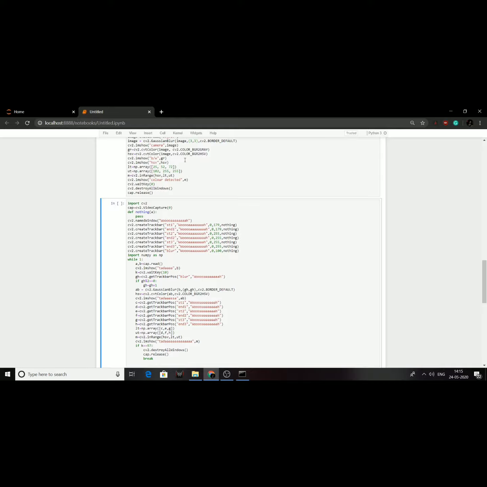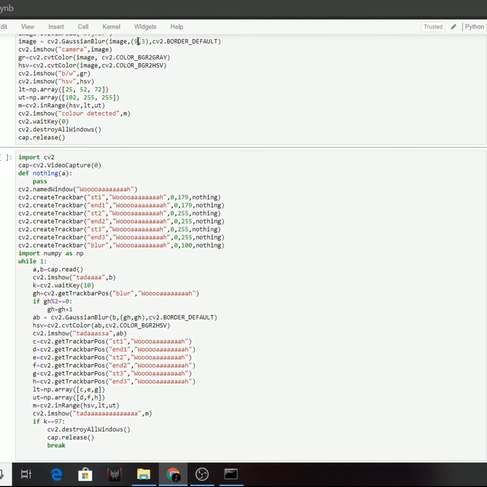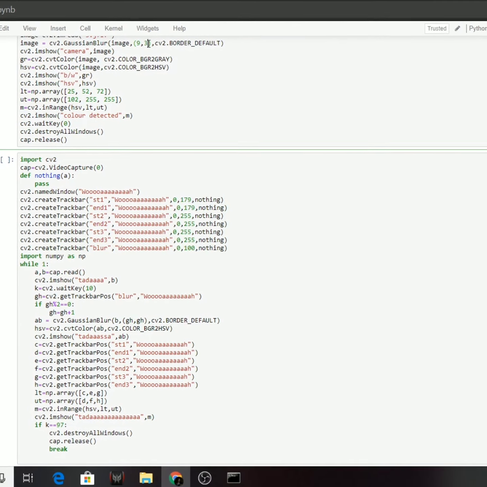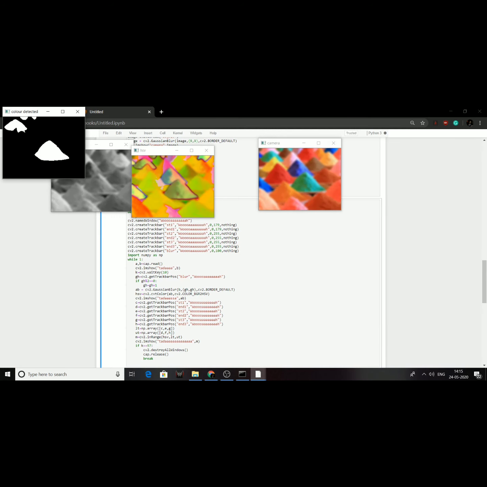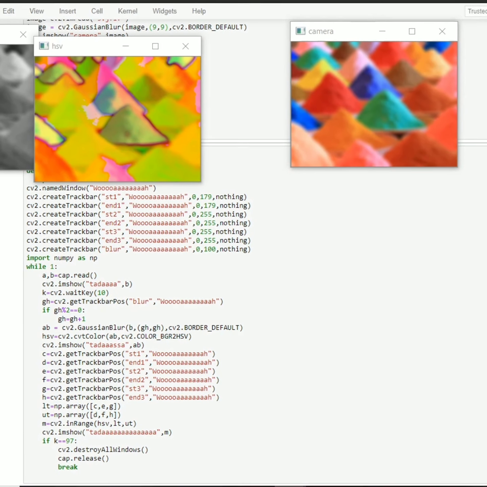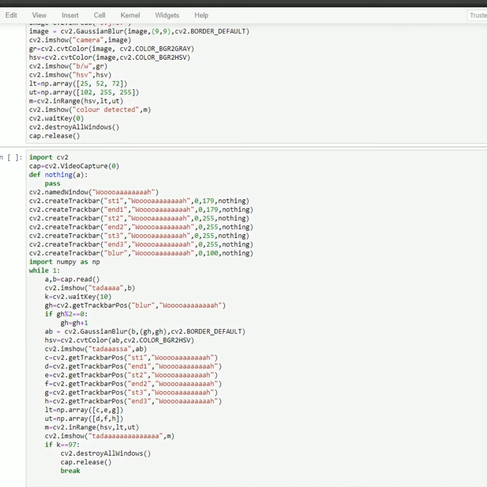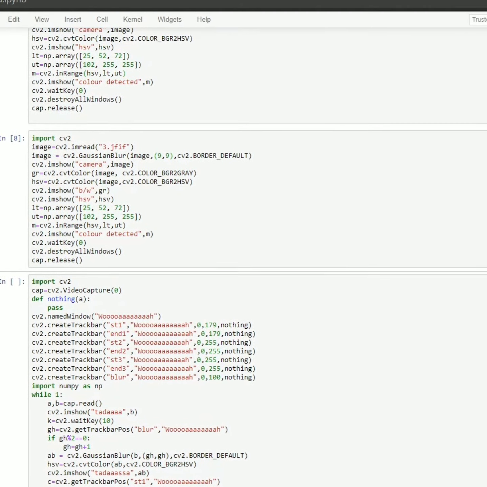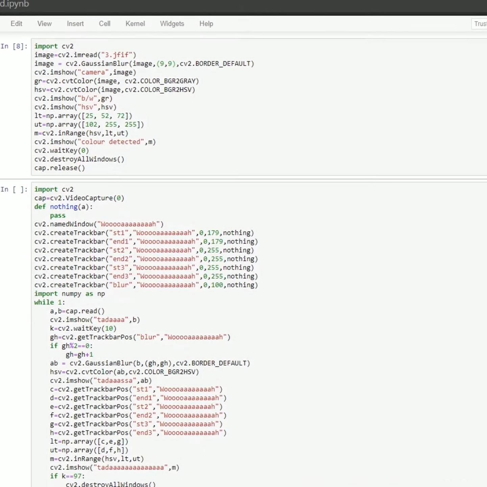So let's increase the blur intensity. Let's say 9,9. Now if you see over here, there is no noise at all because it's blurred a lot. It's not the max actually, you can blur it to 579, 579 also, that doesn't matter. But we have to blur in a way that we get an optimum input. If we blur too much, there's a chance that even this is considered noise. So how to fix this threshold? Fixing a threshold is always a hit and trial method, right? But there's a shortcut to do it. I'll be explaining the shortcut right now.